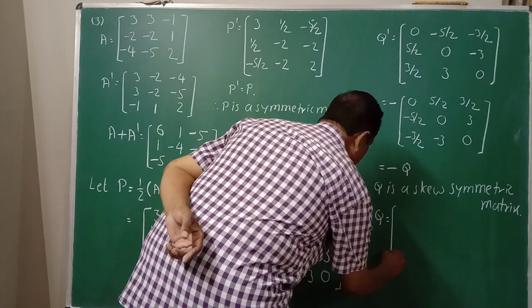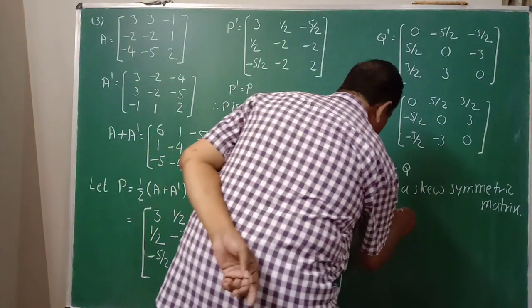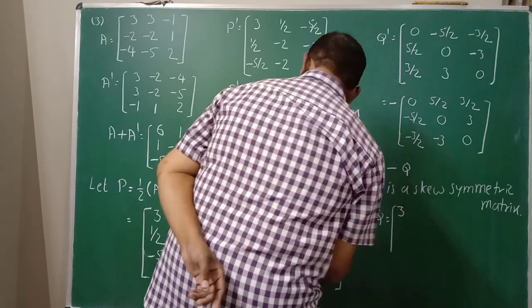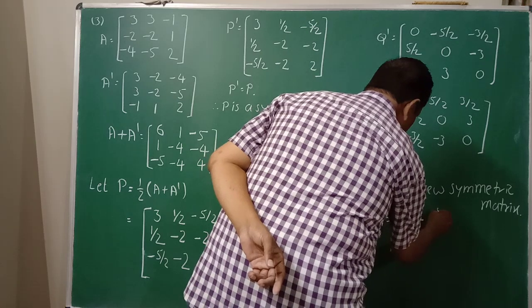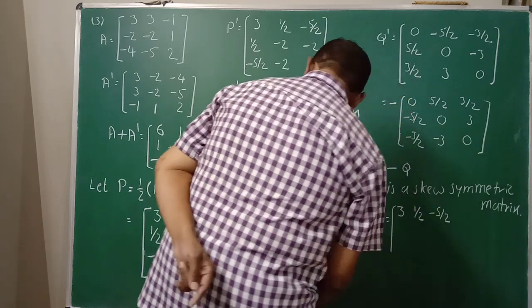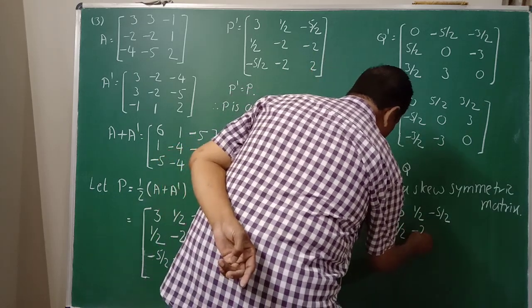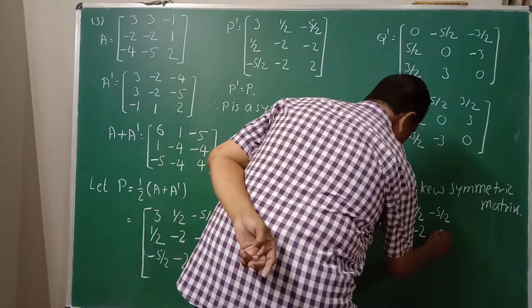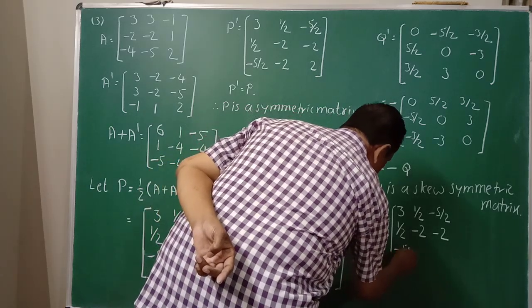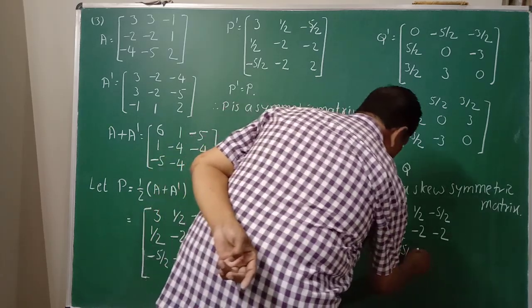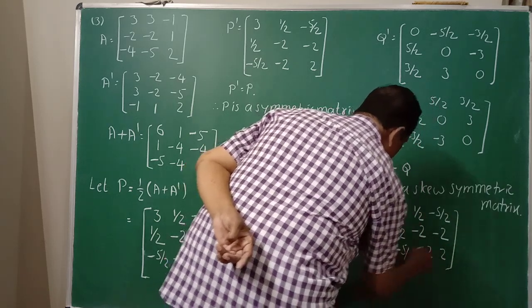P plus Q is equal to matrix P is this here. Okay. So write here 3. Then 1 upon 2, minus 5 by 2. Then 1 upon 2 here. Then minus of 2, minus 2 here. Then minus 5 by 2 here. Minus 5 by 2, minus 2 and 2 here. Okay. Then plus